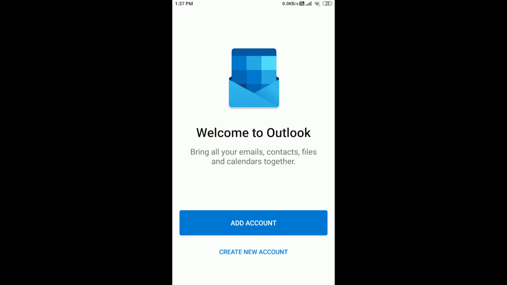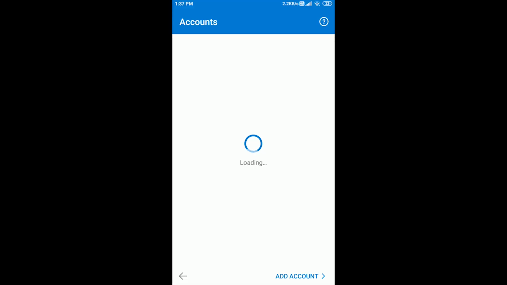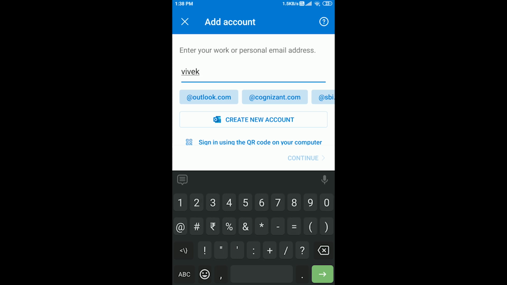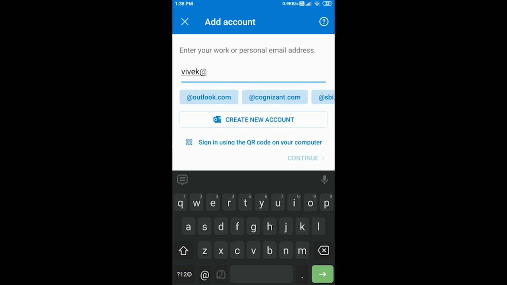Here we can see the option like create new account or add account. So I'm clicking add account. Just click there and enter your email address. I'm entering my email address, so you just type your Microsoft ID.